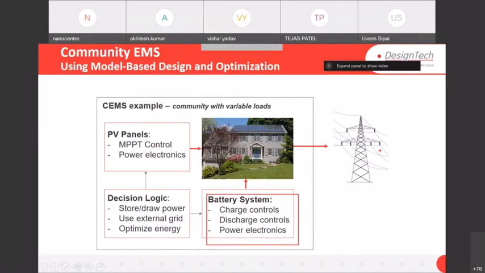So this is not only based on the grid or only on renewable energy, it is a hybrid energy management system. If you have to design an optimized community energy management system which will have IQ, and automatically it will be optimized based on the optimization algorithm. So these are the data which we require to design this complete energy management system in this case.